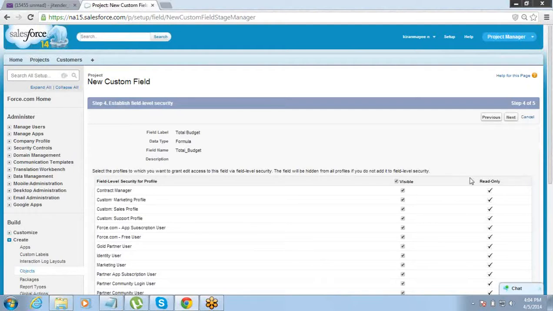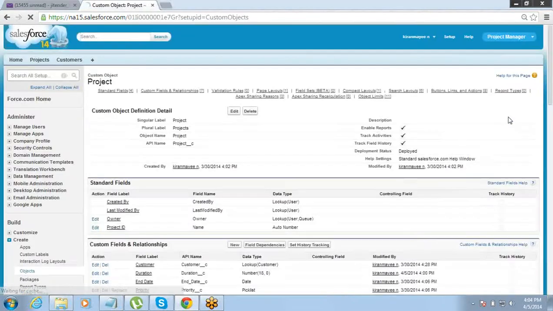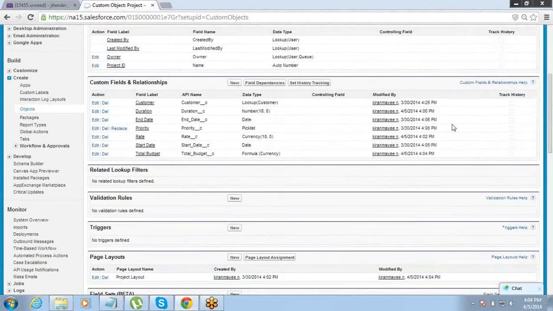Control the field level security and all those things from here. Go to next and save it. So now I have this total budget, which is a formula field, and it will be calculated based on the values entered into the duration and the rate fields.